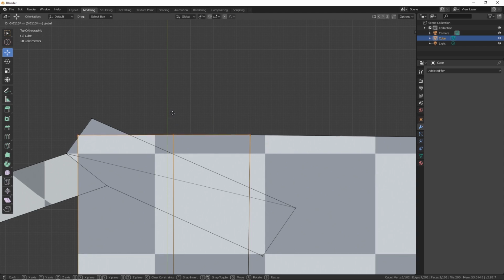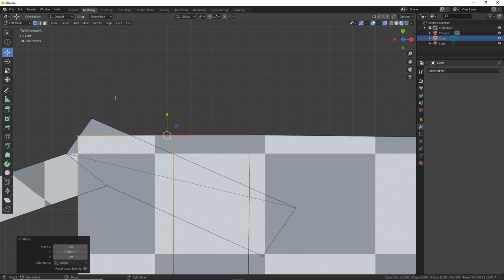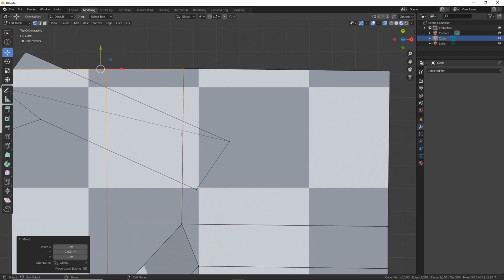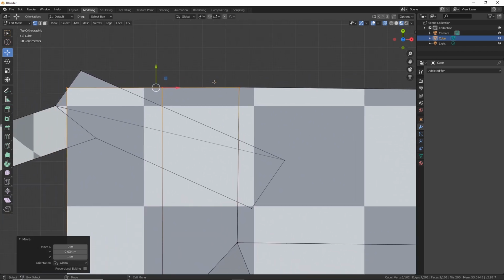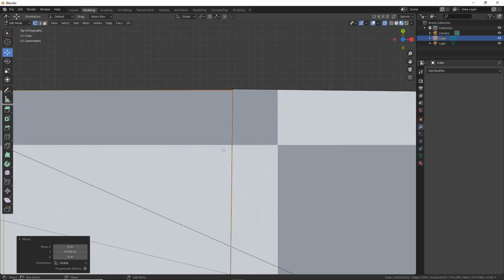Not quite straight here, but you get the idea. And what we can do is just pull these off a tad,